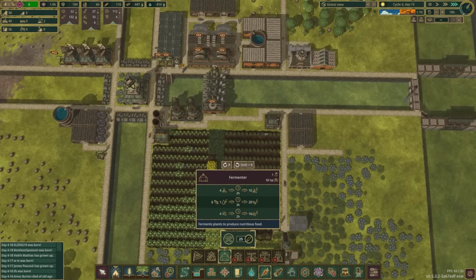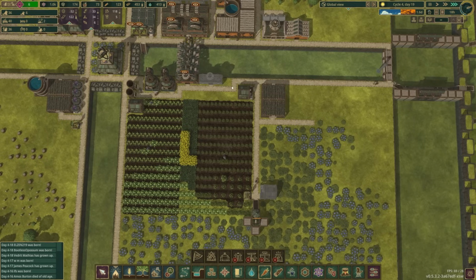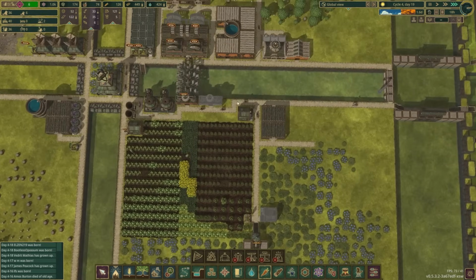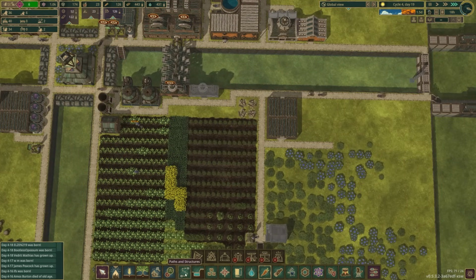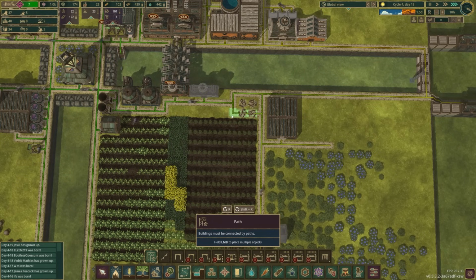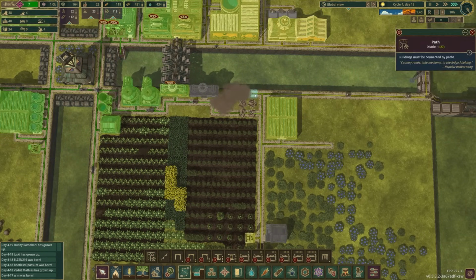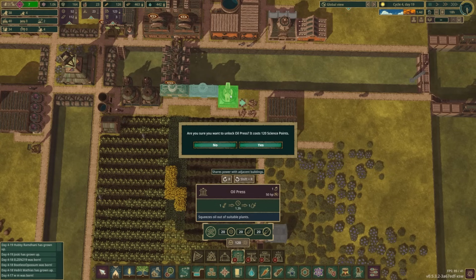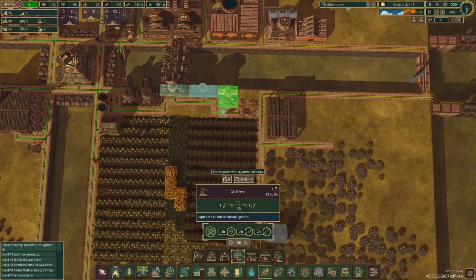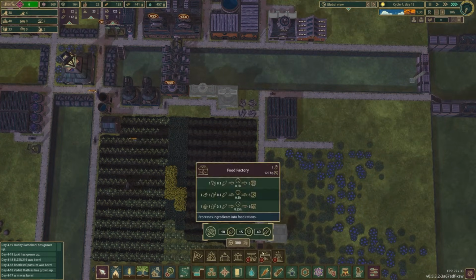Oh, I might have... oh no, I might have made a boo-boo here. So I'll tell you what we're going to do. This might seem kind of dumb, but I'm going to remove this farmhouse. We're going to shift our path this way, and I'll tell you why here in a second. Because I need to put an oil press in. Nope, not that rotation. Rotate it one more. There we go. Put that guy in there, and then we're going to have our farmhouse...